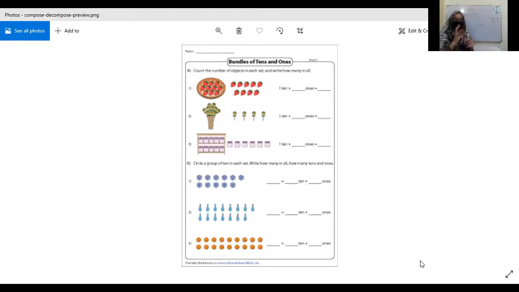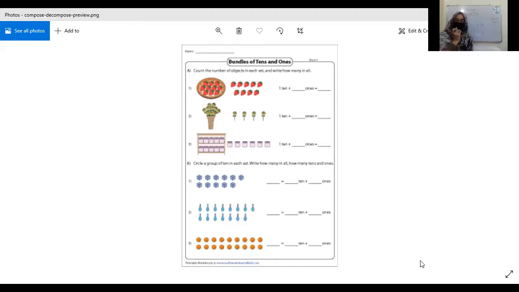Now let's look at the second picture. It's a vase, and in the vase it's a bundle of flowers. They tell you that there is a bundle of ten, so you will consider it as one bundle. Now consider how many are there in the ones. Four. So how many tens? One. And how many ones? Four. So what's the number? It's 14. Yes, excellent.